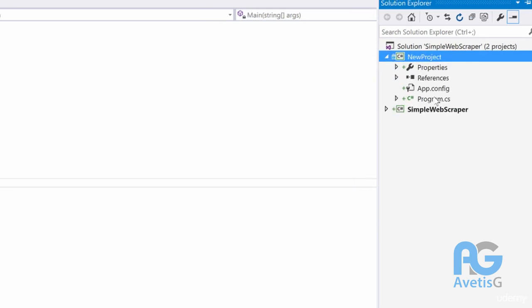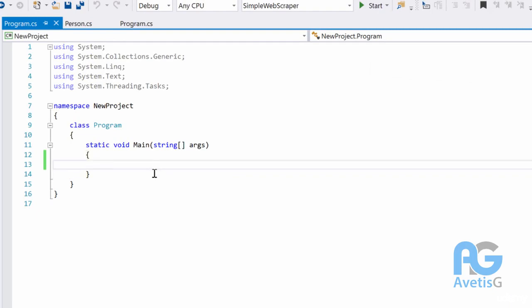So let's close this up, go to program, and let's say person, and person1 equals new person, and we can say John Smith. Great.